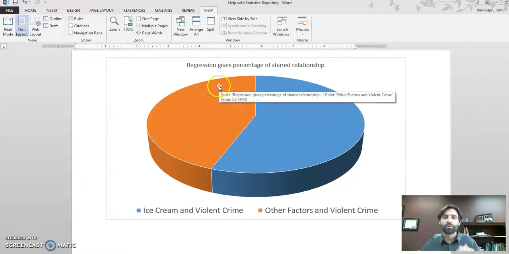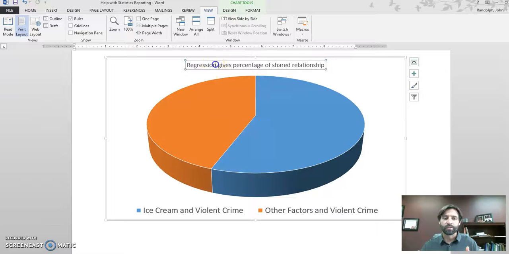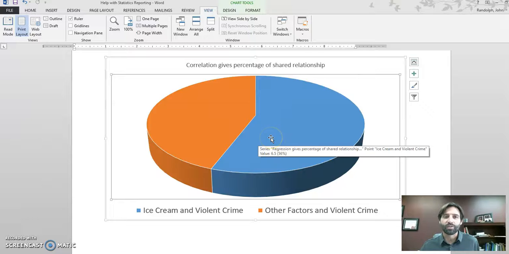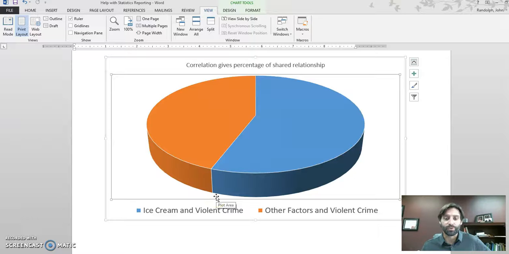All right. So when we do correlation, I've got this mistitled, regression and/or correlation. Basically, they're doing the same thing. But correlation gives the percentage of a shared relationship. For instance, ice cream sales tend to go up, and violent crime goes up. I won't give away the third variable involved, but they tend to go up at the same time. And the blue part of this graph would represent the percentage of relationship between ice cream sales